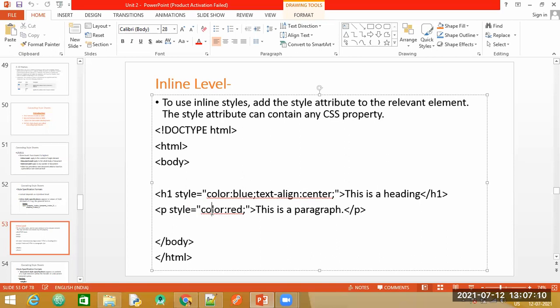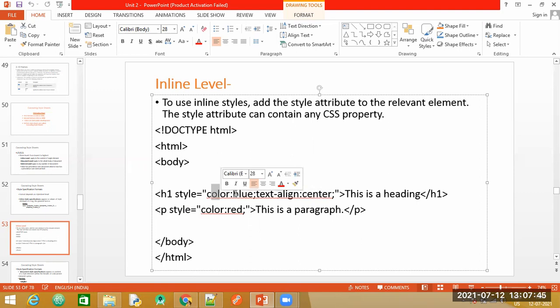I want to change the color, so I will say color colon, the color that you want to change your font to, and then a semicolon. Here you can see for the heading, I have given two properties: the color is blue, and also the text align is center. You need to remember that you should specify the properties in double quotes. The first thing is you need to specify the property or the attribute name.